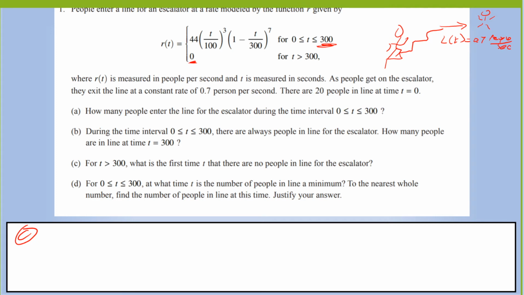Kelly, I want to know when the first time would be that there are no people in line for the escalator. So first, what's my equation for people in line after 300? Okay, I'm going to set this equal to 0 for my next step. This is people in line after 300 would be